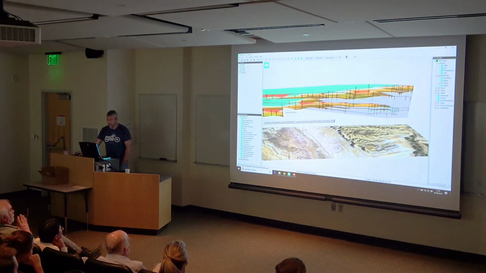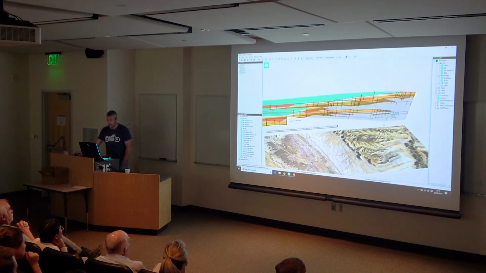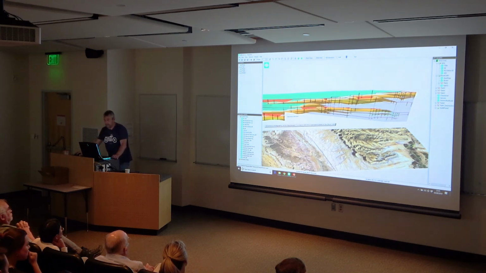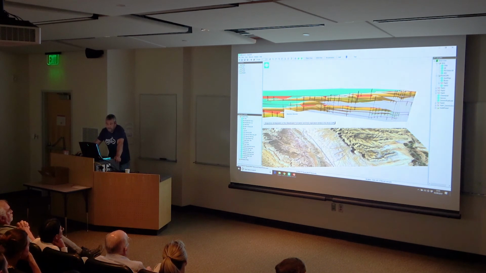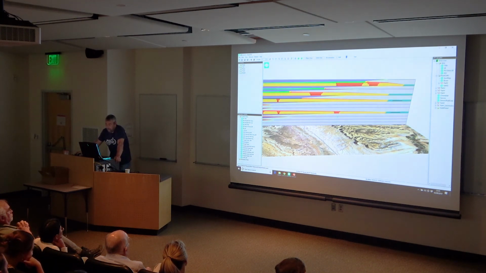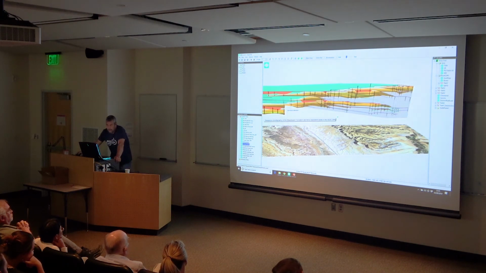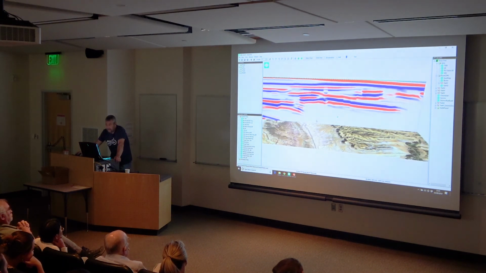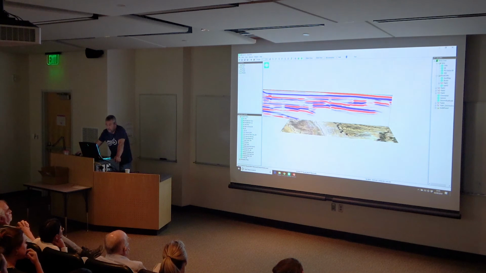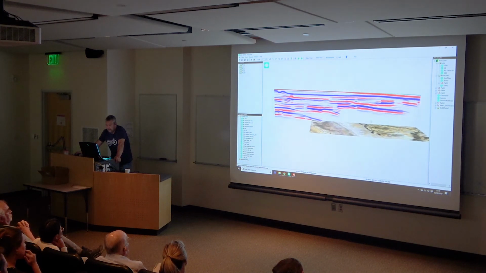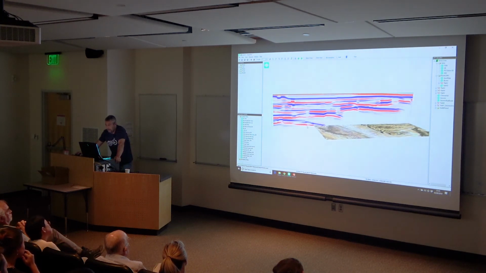That's our big regional cross section through the Book Cliffs, a 120 kilometer long section. The green is the coastal plain, the yellows and browns are the shore faces, and the gray is the Mancos Shale. We've turned that into a chronostrat diagram if you want to explain chronostrat to students. We've also created synthetic seismic of that. So if you want to see what that panel would look like on a 25 hertz seismic, that's what you'd be seeing.